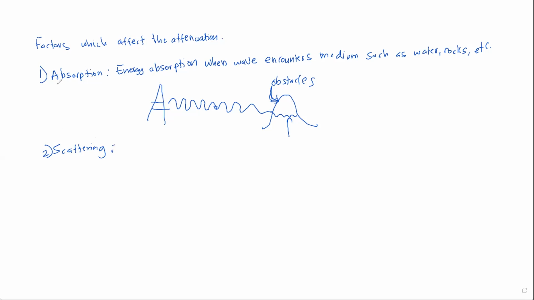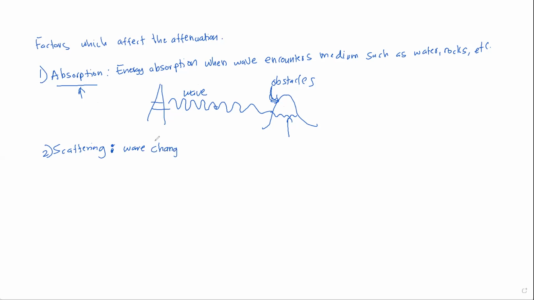So first we discussed absorption, which means the energy absorption that occurs when a wave hits a certain obstacle in the direction of propagation. And next, once it loses energy, another thing that happens is that the wave changes its direction of propagation